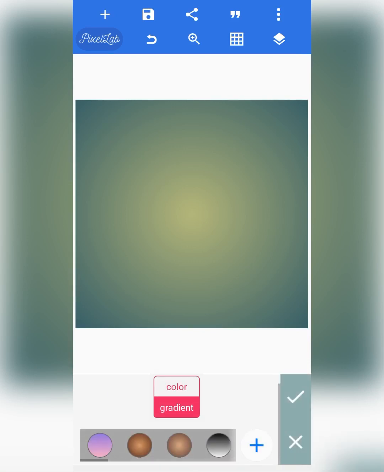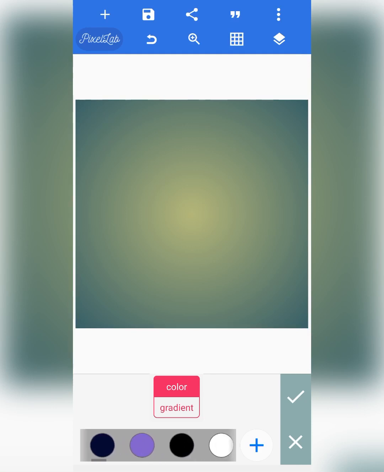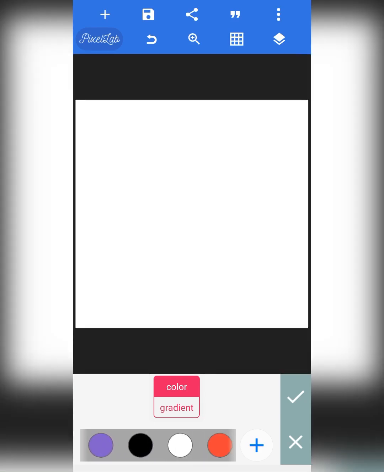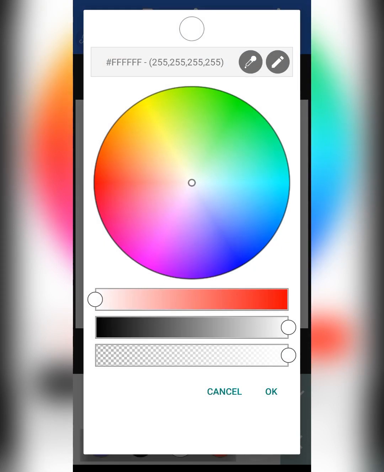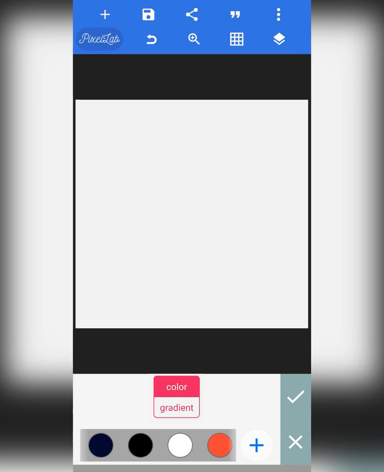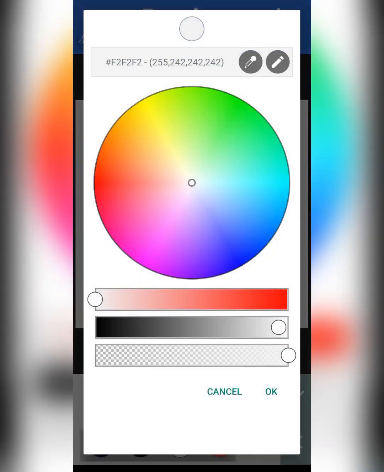Then after confirming that, you go to your color. Make sure you change the color of your background to whatever color you prefer. I'm going with a white, but I'm going to be reducing the intensity of the whiteness to more like a light gray. So I'm going to be turning the white to be more like a lighter gray. So after turning it to a gray color,